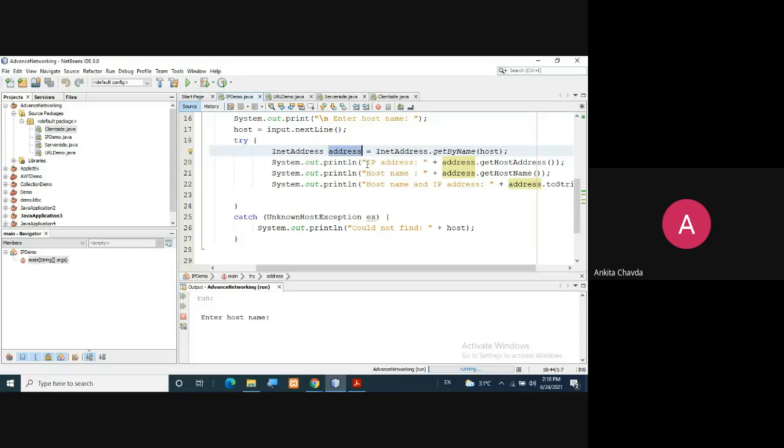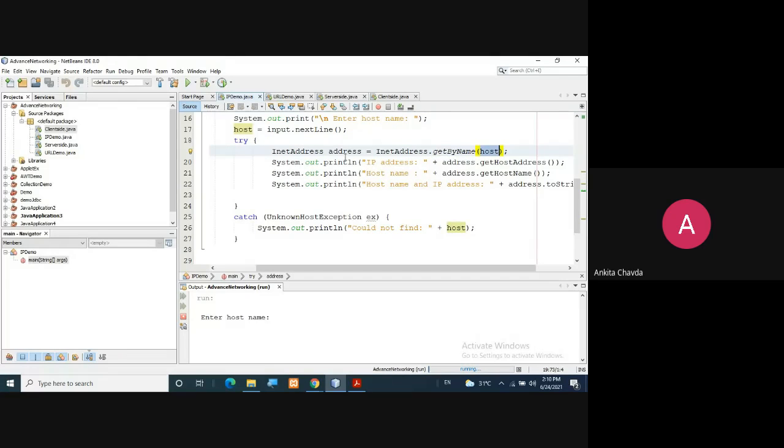You can give any name here. Equals to, because whatever the string it is given, I actually want to get by name, right? So here I'm using getByName method, and inside that I'm passing this host, whatever the string user has given. This method is a static method, so you can directly call it via the class name. So InetAddress.getByName(host).